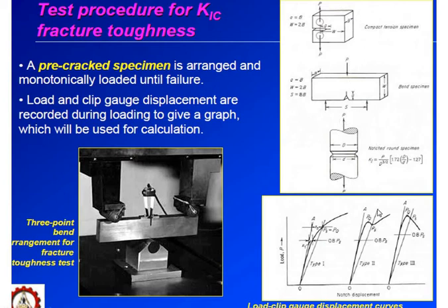Similarly, for the bend and the notched round, they have given the conditions. For example, for the bend specimen, A equal to B, W equal to 2B, and the distance from the notch is more or less equal to the gauge length. When you fix it in the UTM, at the gauge length is where we get maximum deformation, maximum changes are going to occur.